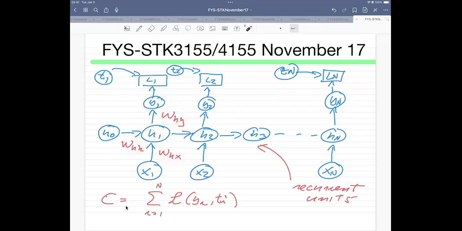Now, as you quickly see, if we train these for all the recurrent units, this is going to be expensive from a computational point of view, both with respect to the number of floats we employ and also in terms of the memory we need to use. So it's pretty common to train these parameters, the W's, for a certain set of recurrent units, and then they're used for all the remaining ones.